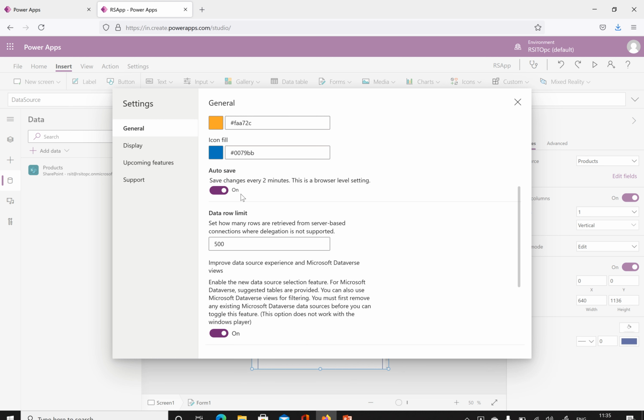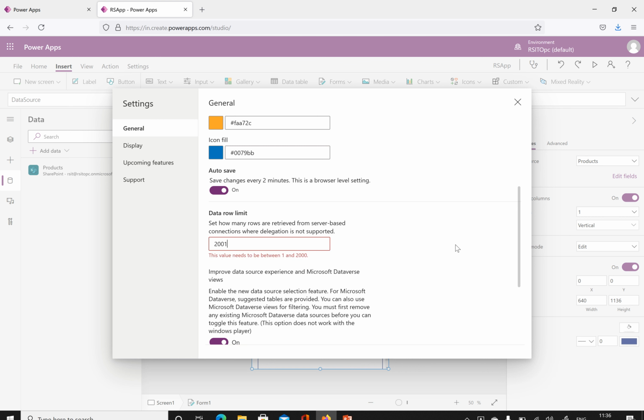And this is about data row limit. Here the message states: set how many rows are retrieved from server based connections where delegation is not supported. So if the delegation is not supported, what is the maximum number of rows you want to fetch. Here you can decrease this one like 200, 100, but I'll try to increase it to 2001.